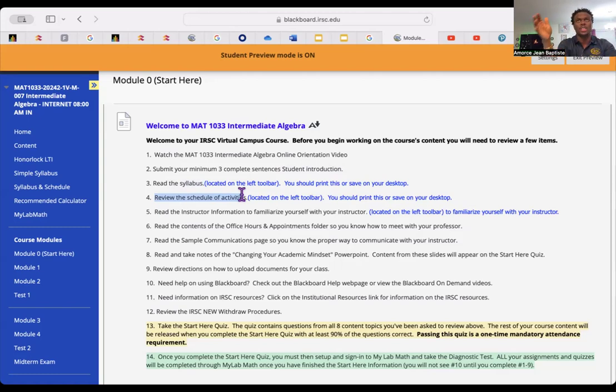Know the information about this class: how to reach out to me, my door schedule, which is my office hours. I also have some virtual office hours, the dates, and how to make an appointment. Obviously, all these things are very important for you to know. I also urge everyone to read my information, which is under the same Start Here section. You're going to read it.